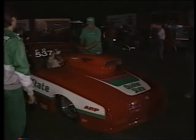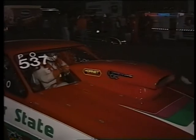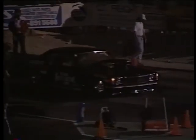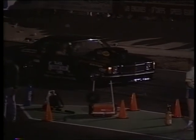Pro Stock Eliminator. The cars fire up for the final of Pro Stock Eliminator, brought to us by Bumper to Bumper. There he is, the man that would have been down in the odds. Joe Polito, come from the clouds with a Ford Pro Stocker, the Ford Pro built in the US, and there